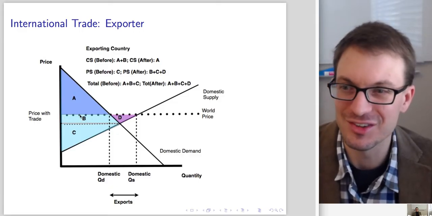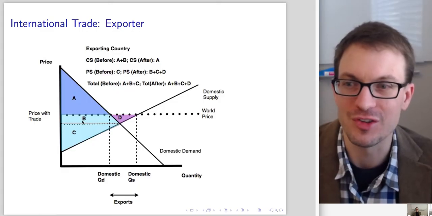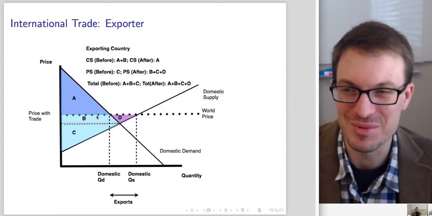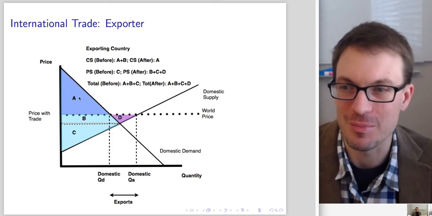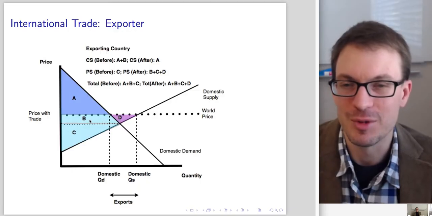And this is where's this area B coming from? They gain area B from their own economy, right? This means domestic consumers are paying more. They're not happy about that because now